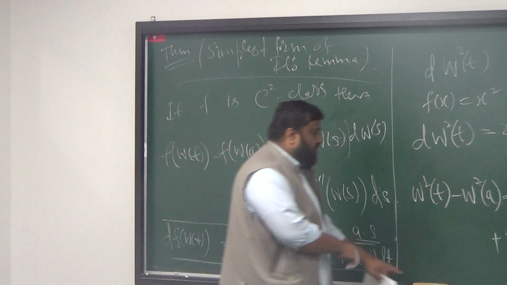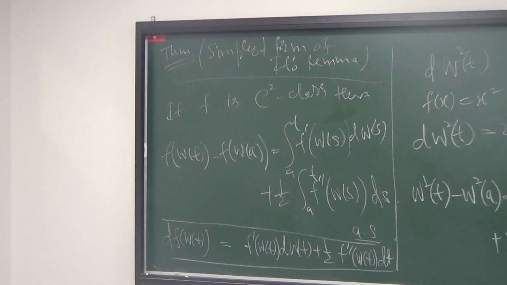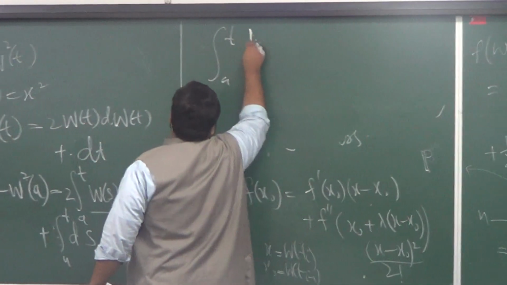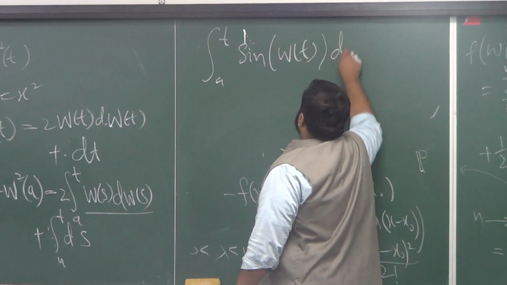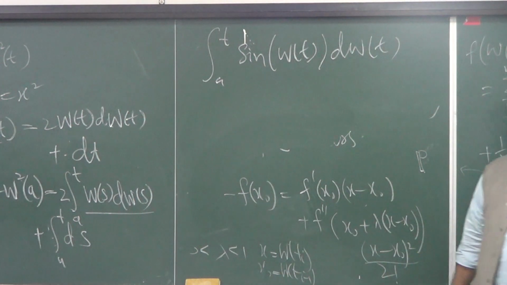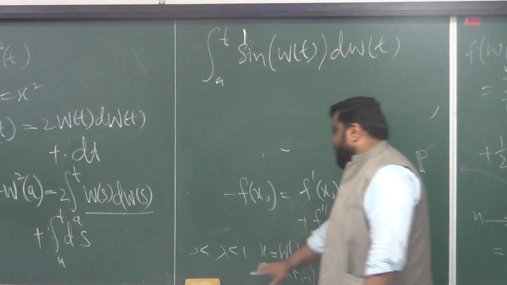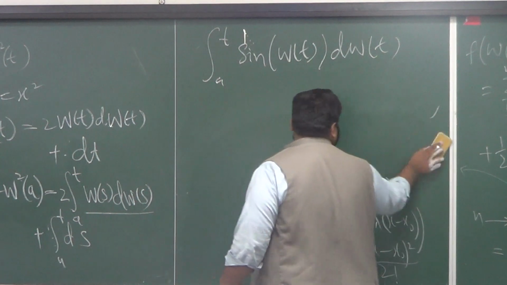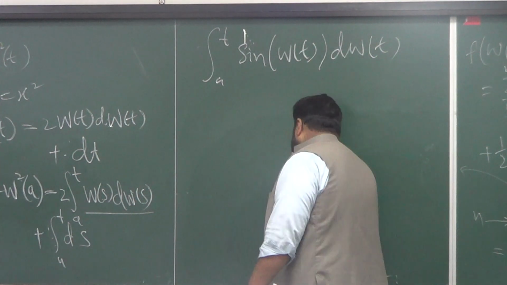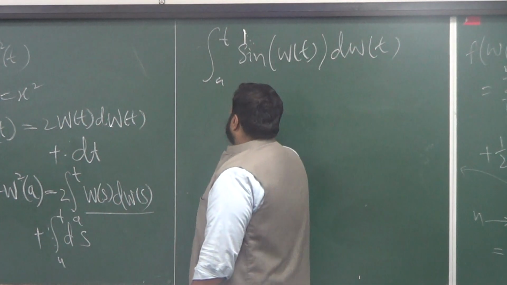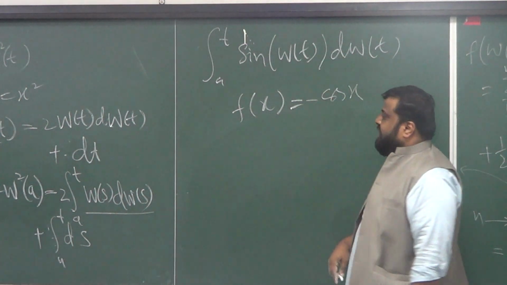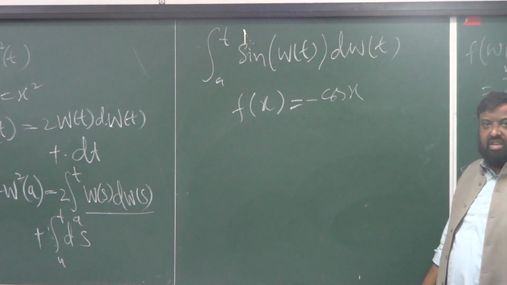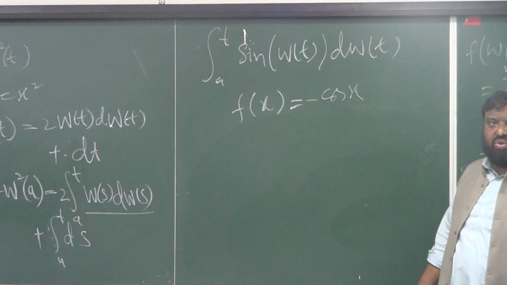For example, if I say you compute this integral for me, from a to t of sine of W(t) dW(t). So what are you going to do? How is this formula going to help you out? Minus cos. You have to just think that if I take f to be sin x, minus cos x, and I substitute values there, I have an integral of what you call